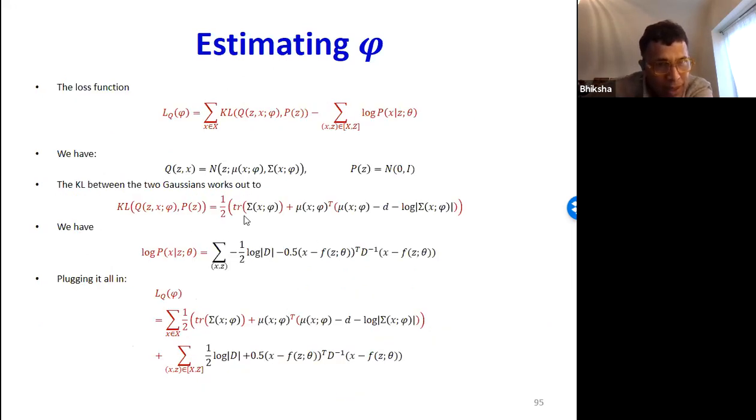And so the loss function that we use to learn phi is going to be the sum over all of the training data of the Kullback-Leibler divergence between q and the standard Gaussian, q computed at that x, minus the sum over all of the completed data of the log of the probability of x given z, which is a Gaussian. So I've just written this formula out here. This ends up being a function of phi.